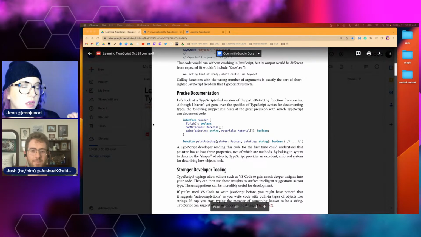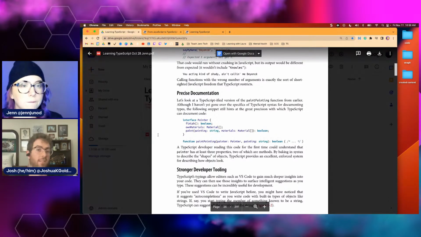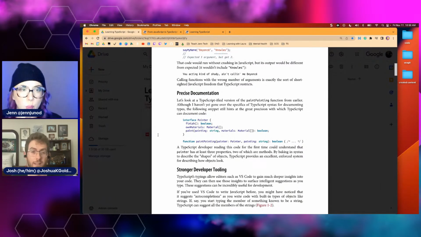So, precise documentation. That one is just giving us an example of how it's saying this is going to be a string, so therefore it has to be a string. I don't cover that exact syntax for a little bit, but yes, the theory, yes. The syntax is showing that you can describe that.